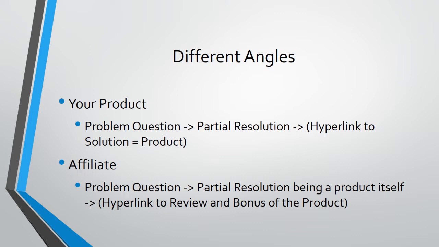Now, if you are a general niche, then like I said, you can do problem question, partial resolution, and you can even do this model here. But instead of directing them just to the review and bonus, you're directing them to just the review. And then at the review, you can review the product, you can compare it with other products to help them make a better decision. Now, with that said, let me jump back over to Facebook Ads Audience Insights, and we're going to dig out some angles, questions that you can put into your content. All right, so see you there.